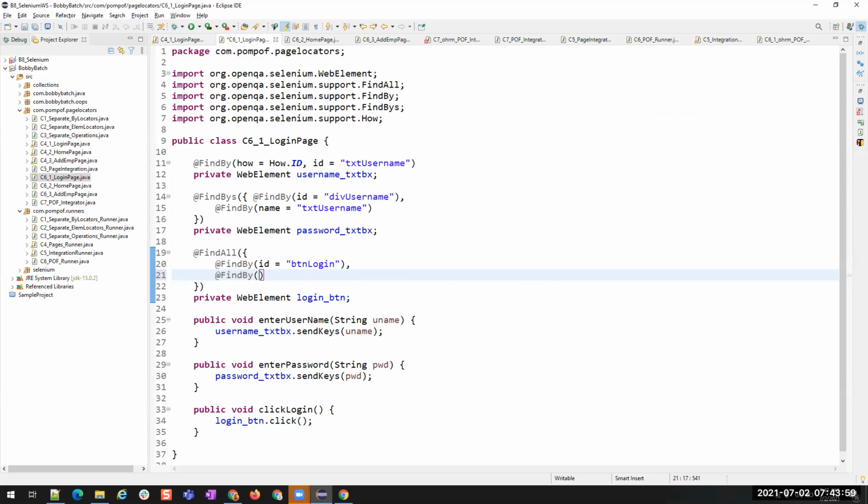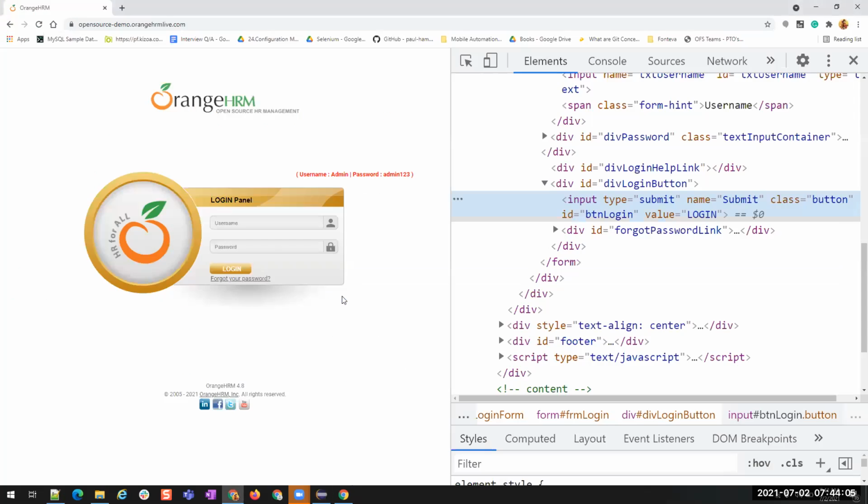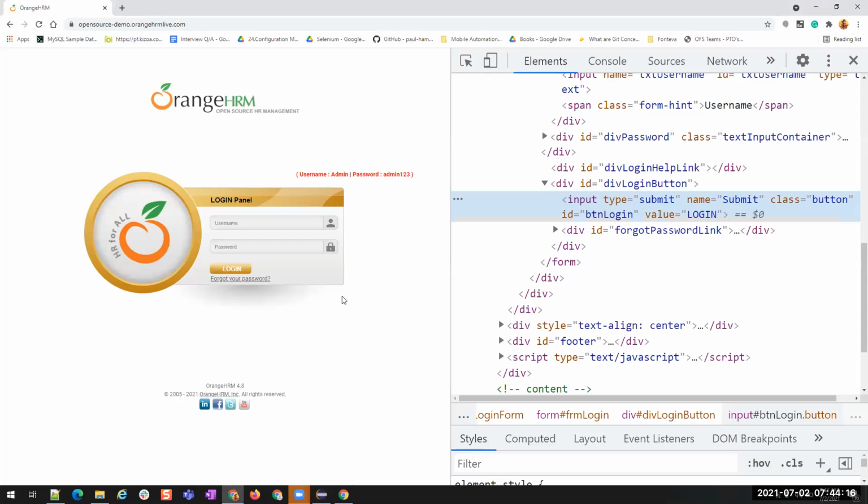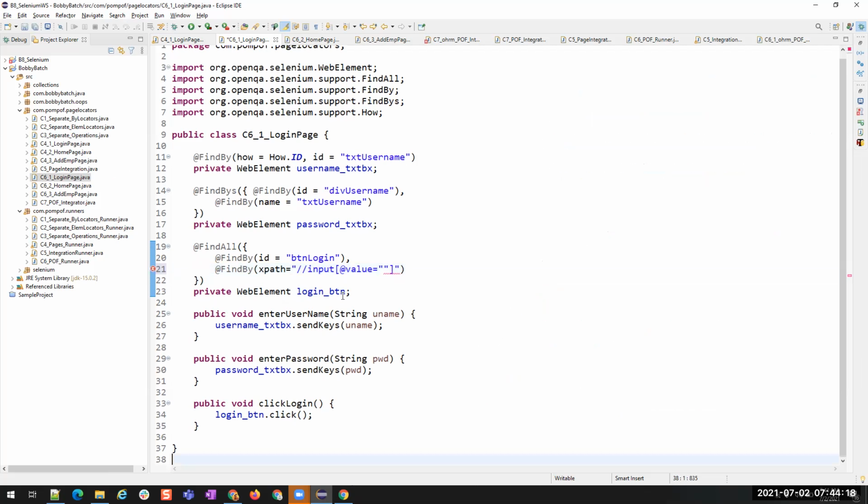So we do not have value attribute directly, so we have to use xpath is equals to, in double quotes, what is the input tag, double slash input, and then at the rate of value is equals to, what is the value? It's login, right? It should be in single quotes.